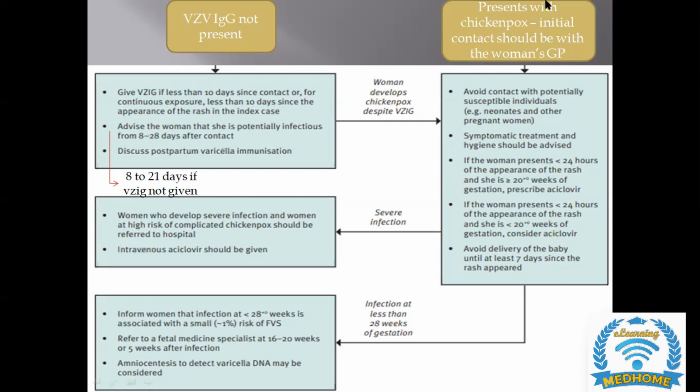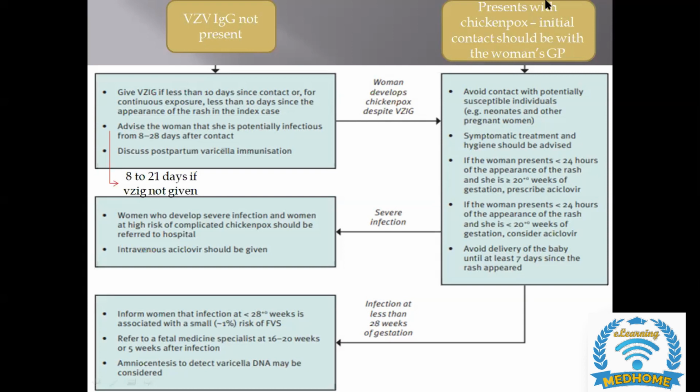Ma'am, if the anomaly scan tells us there are no abnormalities, or even if it tells us there is a significant structural anomaly in the fetus, then what is the significance of doing amniocentesis? Her blood has been checked, she is IgG positive or IgM positive. We know she has chickenpox. What is the purpose of amniocentesis?